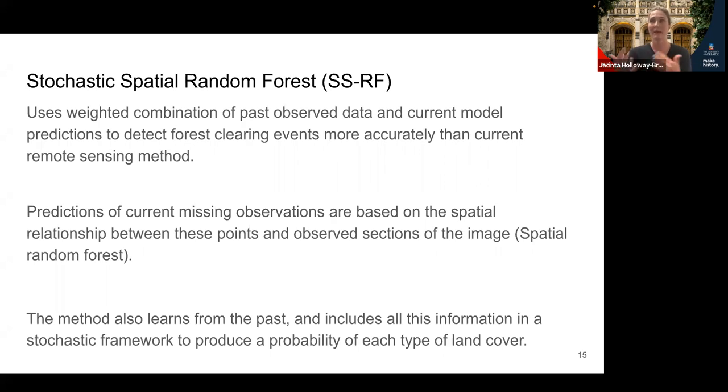So it's sort of combining the strengths of learning from the past, looking at a model of the current state of things and then putting these things together. So predictions of the current missing observations in our images are based on the spatial relationship between these points and the observed sections of the current image. And the method also learns from the past and includes all of that information together to produce a probability of each type of land cover.